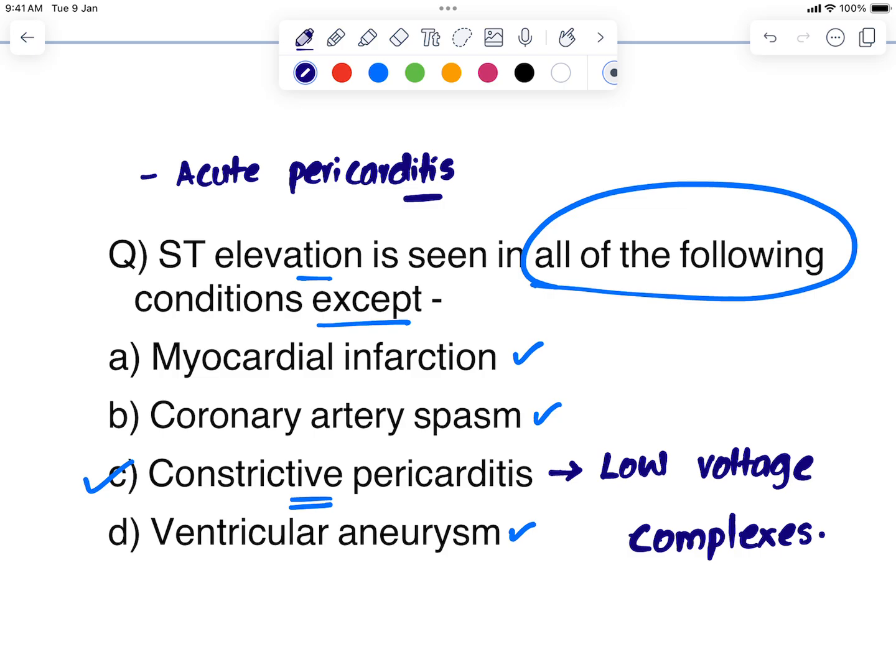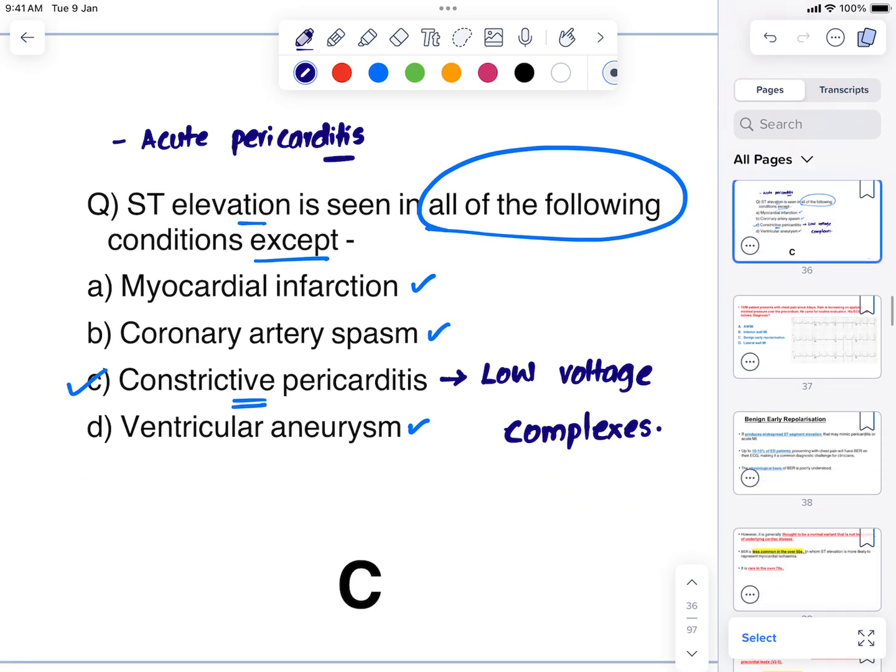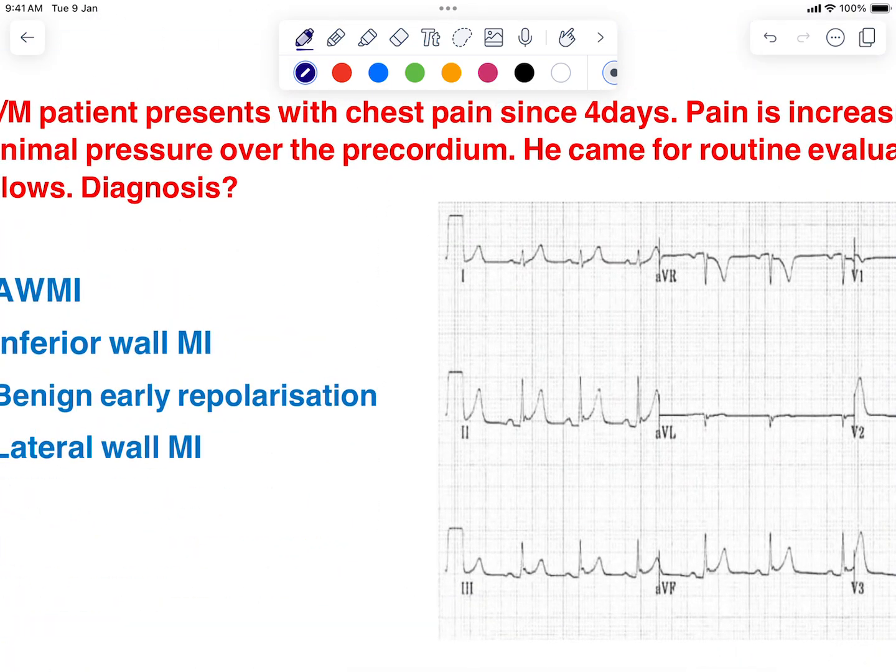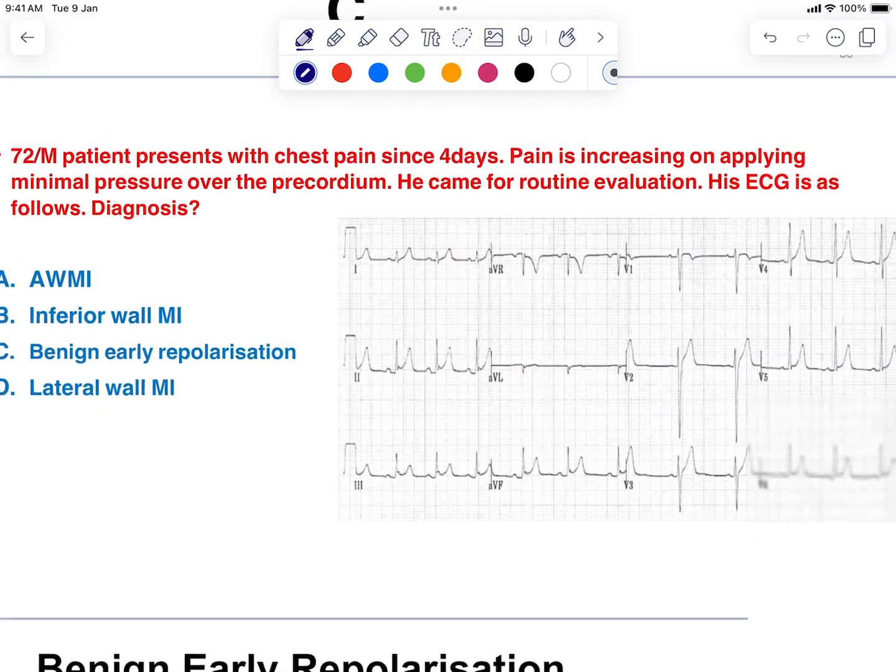I have discussed low voltage complexes in the topic of the QRS complex. You can refer back to that, okay? But in constrictive pericarditis, you don't have ST segment elevation. What you have is low voltage complexes. But in acute pericarditis, you have the presence of ST segment elevation. I'll be showing you that ECG as well. So, if you see the next question,